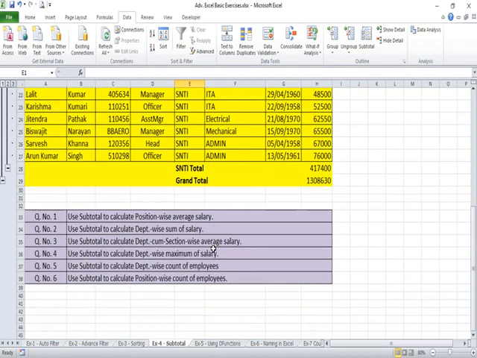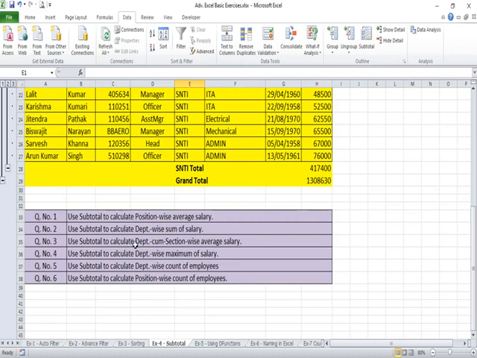Some exercises are given here and you can do these exercises. I am doing one for you, like question number 3: use subtotal to calculate department cum section wise average salary. Now, what is this?